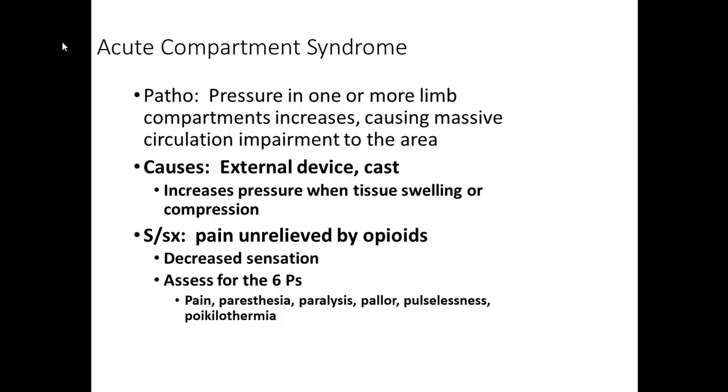Some of the causes: if a person has a cast on or an ACE wrap and it's too tight, they might have compartment syndrome. If you've ever had a cast, say you broke your arm, generally they put a soft cast on for a couple days and then you come back and they put a hard cast on. Well, this is the exact reason, because the swelling is going to be too much for the first couple days, so they want to have something on that can move. So they put on the soft cast. Once the swelling is starting to come down, then they put the hard cast on.